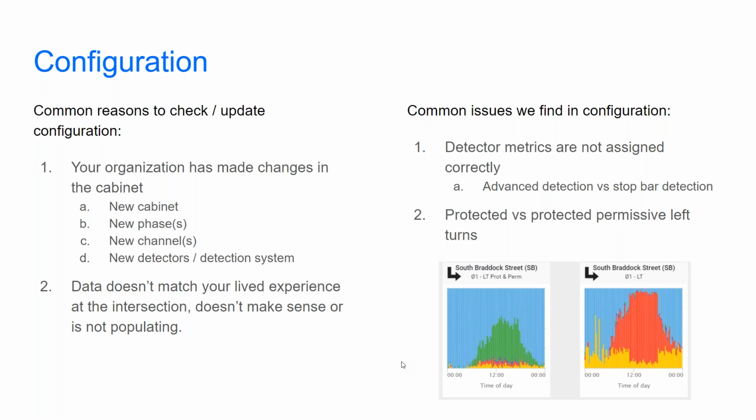phase. And then ultimately, if you're watching the telemetry and you don't feel like it is matching what you expect it to match, or it's not populating in the way you thought it would, it's most likely just a configuration problem, and our connection to the controllers are pretty good. So always double check some of those phasing and detector channels.